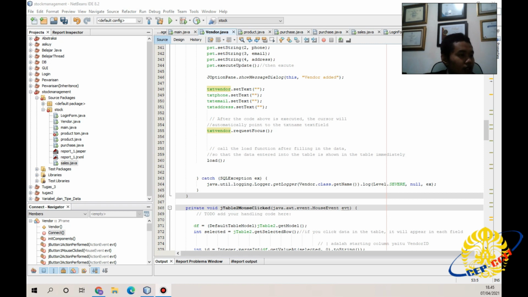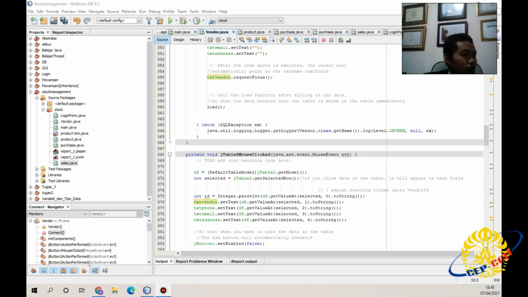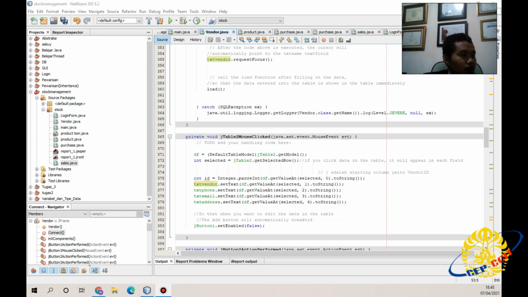The meaning is that after the code above is executed, the cursor will automatically point to the txt name text field. The function is from txtVendor.requestFocus. Load: call the load function after filling in the data so that the data entered into the table is shown in the table immediately.